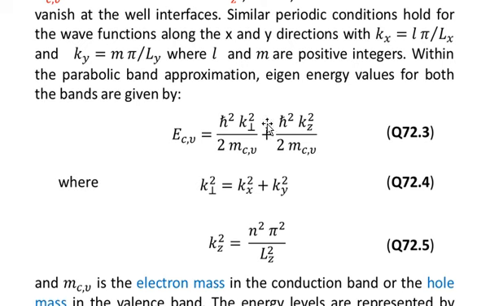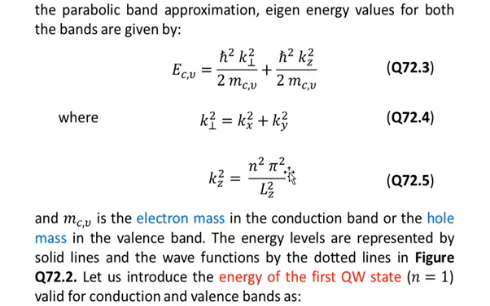So you see that this energy is actually h bar square over 2 mc, and then multiplied within parentheses we have kx square plus ky square plus kz square. But we have separated kx square and ky square because, as seen in equation number 4, we are representing kx square plus ky square as k perpendicular square. So we have absorbed kx square and ky square in the k perpendicular square in the first term of the energy in equation number 3, and the second term only represents the dependence on the wave number kz, where